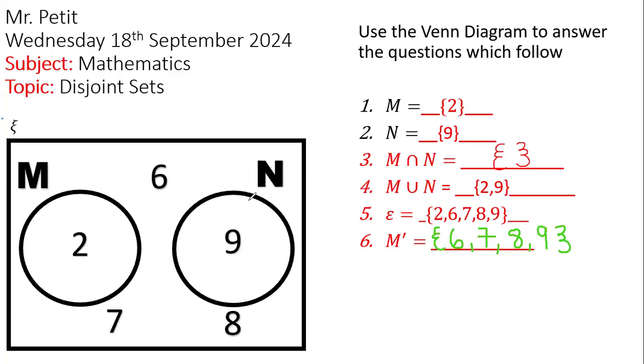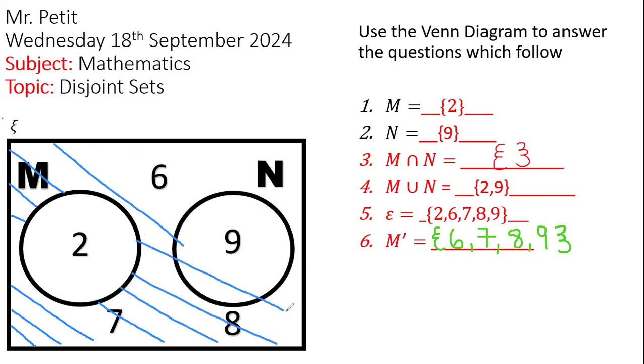Okay, so number 6, M complement, Malicio. You keep your mic open because I want to talk to you. M complement means everything in the rectangle except for M. So we do not include M. You understand me? Yes, sir. So what numbers do we include? If we're not including M, what numbers can we include? I mean you, Malicio. What numbers can be included?